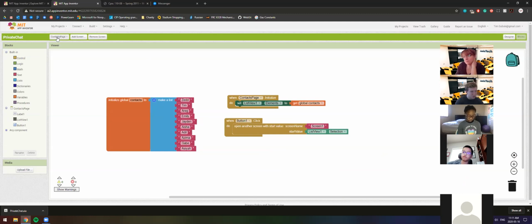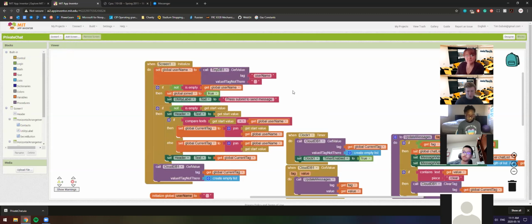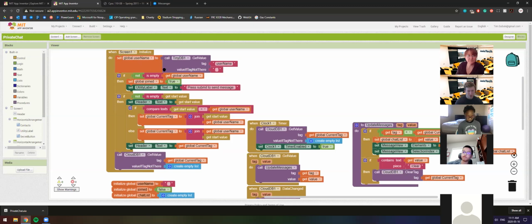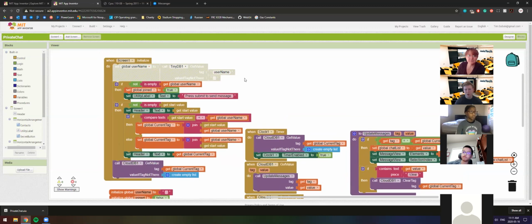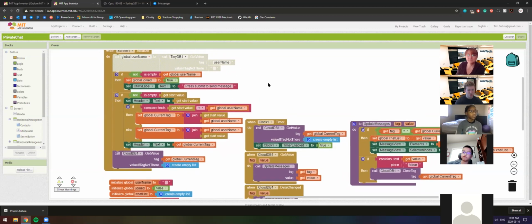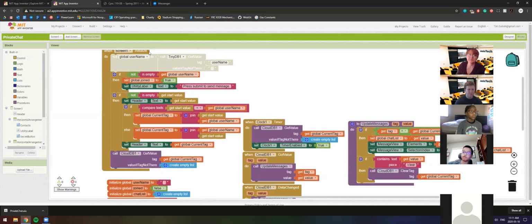In that case, what you could do is go back to screen one. And over here where you have this global username thing, just delete that, or comment it out. One thing you can do is right click on the block, and you can disable block and it'll just get grayed out. What this will do is make it so that now you have